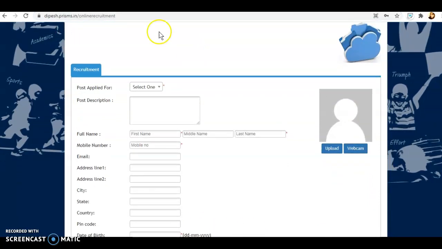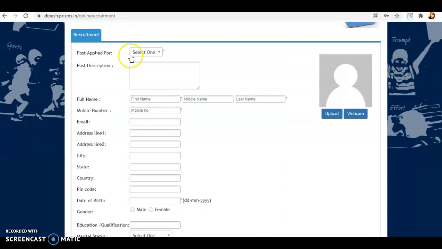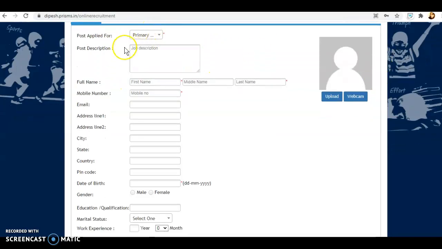Now this link can be shared by your school at all your social media handles or any other advertisement where you're going to put in the job ad. So they will be able to select the post they want to apply for. Then the description of the post will show up, what is the description required,